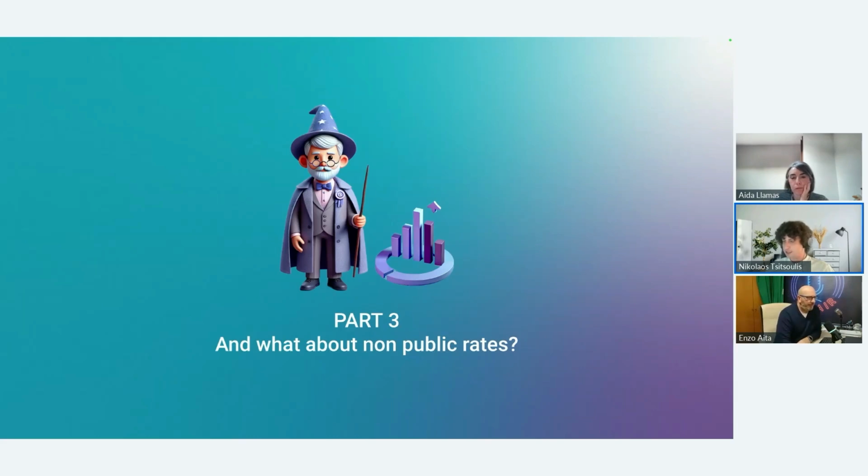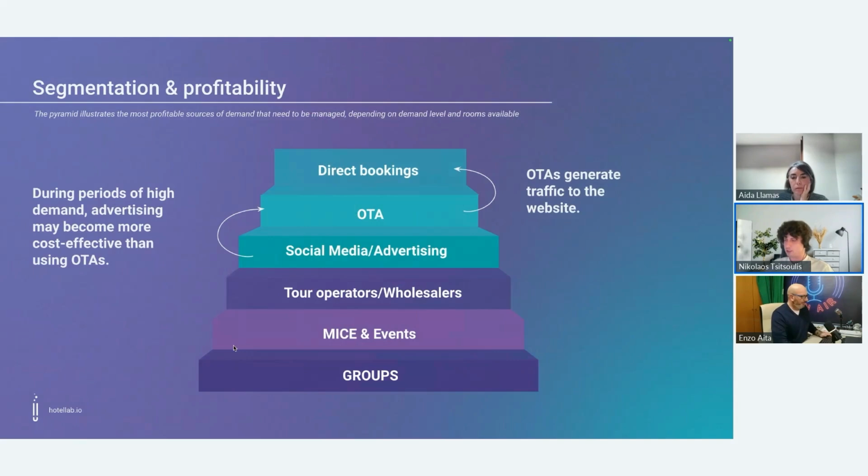Closing off with a few more slides. And what about non-public rates, right? Because lots of them are not public rates. And of course, not every property would be a 30-room hotel in the city center of London that can be basically full with only direct bookings and OTAs. Big properties, including big groups like Jaz, would need multiple segments because otherwise they can't be full and they can't achieve their financial goals. Therefore, how can we work on opening and closing